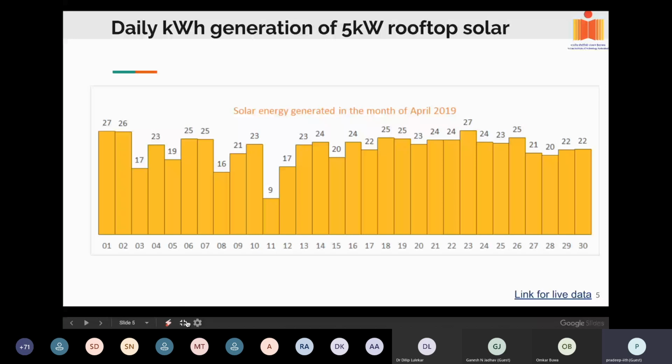Similar sprinklers are kept on top of the panel, and from time to time they release water and it is cleaned that way. And yes, by collecting the data, like before rain and after rain, you can compare the power and see the increase. So there will be at least 5 to 10% variation because of the dust.